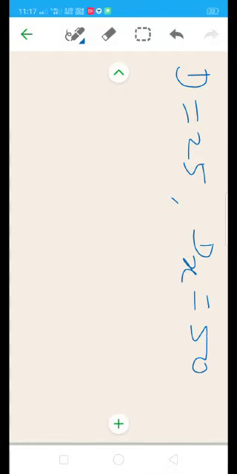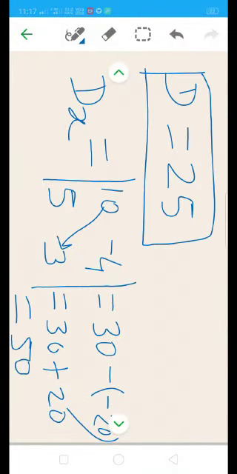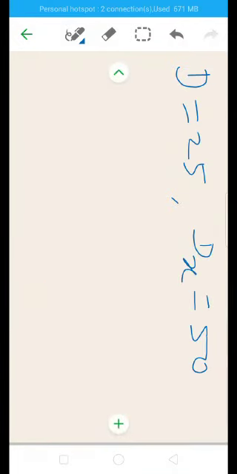Now we have to find the value of Dy. For Dy, the first column is as it is, that is the coefficients of x, the first column does not change.